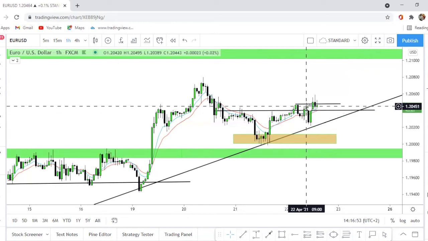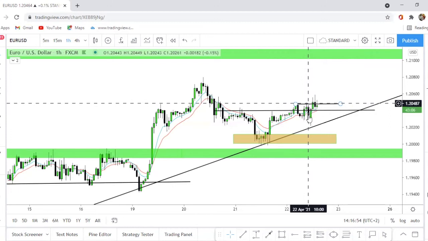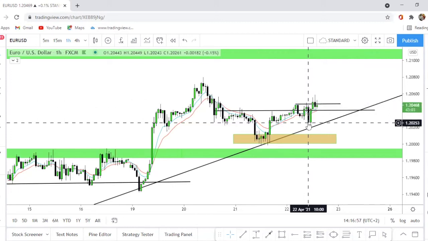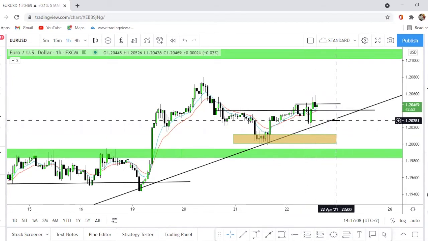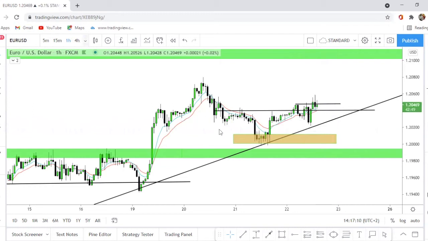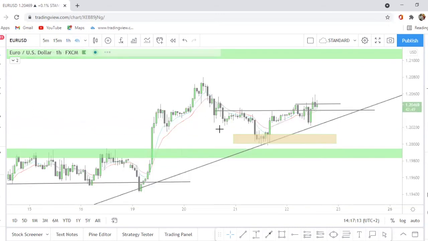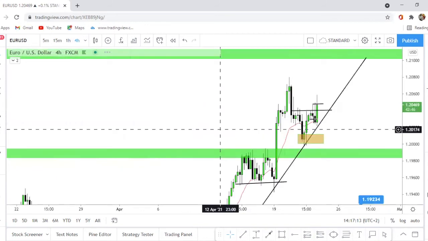So I found an entry at the close of this engulfing candle. Price went a little bit in my favor, and then it shot down. Now, my overall bias was price would go up. It hadn't broken my trend line moving up on the 4-hour. Let me just go to the 4 and just show you. This trend line was not broken, but price came down